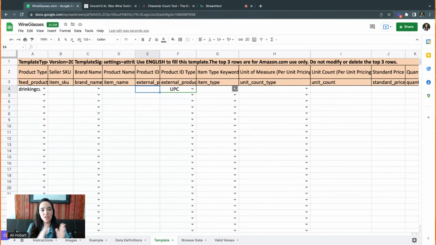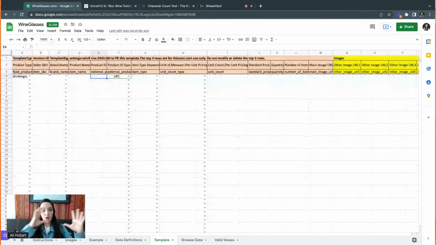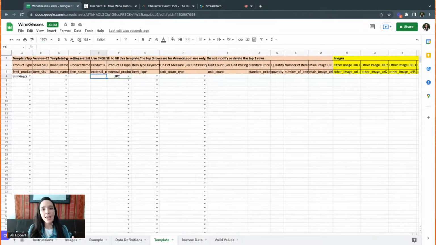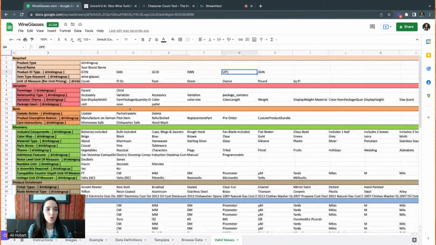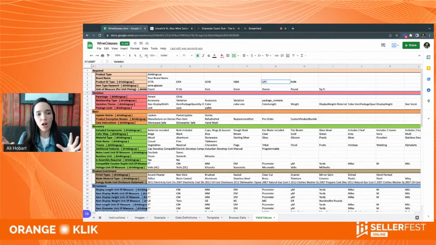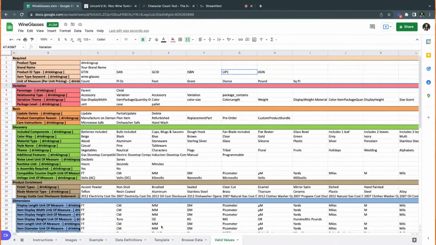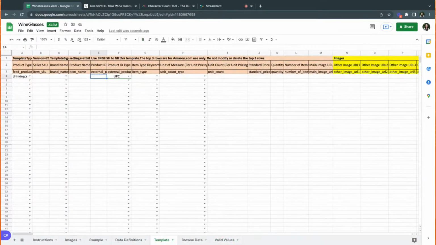And one thing I forgot to mention is that, if you saw, and I'll zoom out again quickly, there are different colored columns, sections, and that is to make it easier for each kind of tab. Like if you were to do this manually, you would see different tabs, but also for you to see everything that is on this first column is because it's required. And it shows here, if you go to valid values, it shows that everything here is required. Everything that is this peach coral color is everything to do with variation and so on. So that helps keep it more organized and you don't get lost.